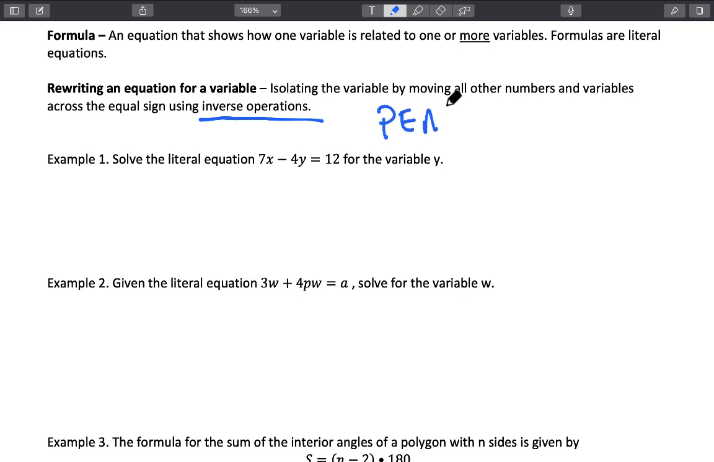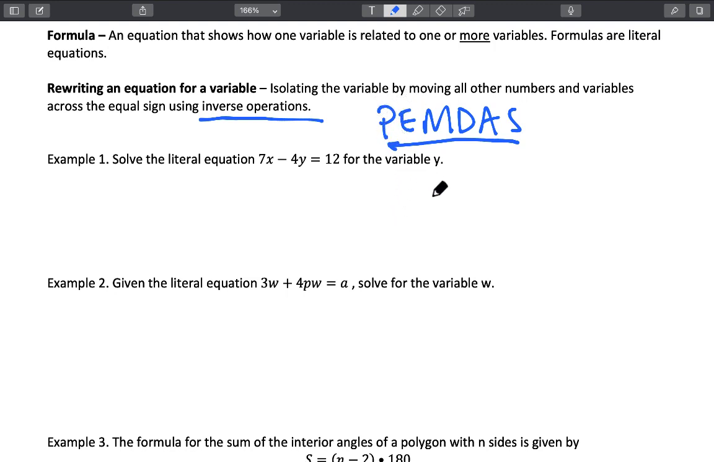So if you remember PEMDAS from earlier on in this unit, we talked about when we simplify an expression, we work from left to right through the order of operations, PEMDAS. But when we are solving, we are working in the inverse order. All right, so we're going to undo addition, subtraction, undo multiplication, division, undo any exponents, and then undo any grouping